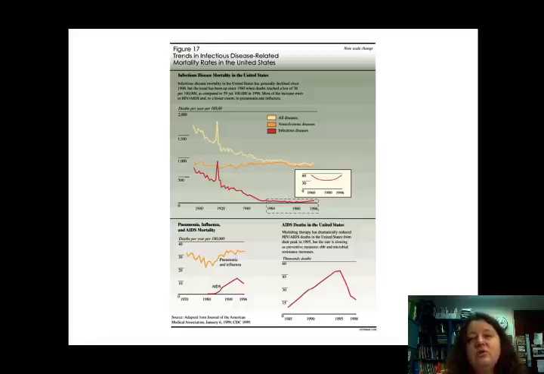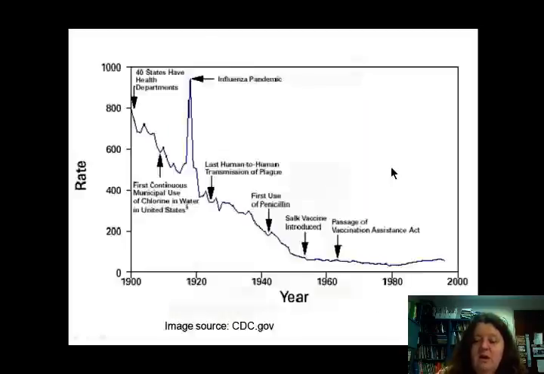Most of those children who die from infectious disease are dying from diarrheal diseases just because they don't have access to clean water. So the fact that we have sanitation systems, we have chlorination, so our water supply is safe, that is enormously beneficial to us. We also pay people, like I said, to track disease, to make recommendations, to figure out what causes disease, and to educate the public about how to keep themselves safe. And we do have access to health care for most people in this country, although not all.